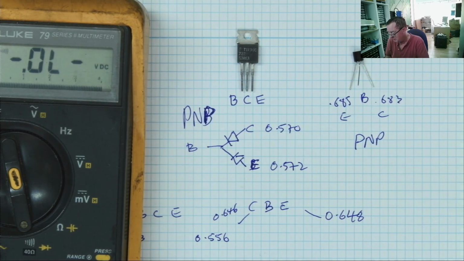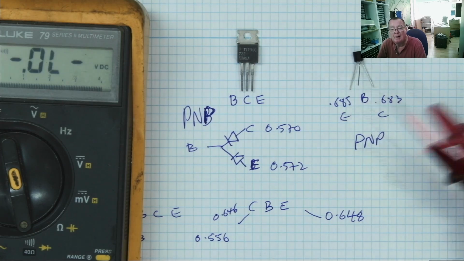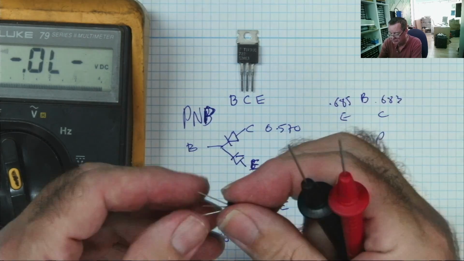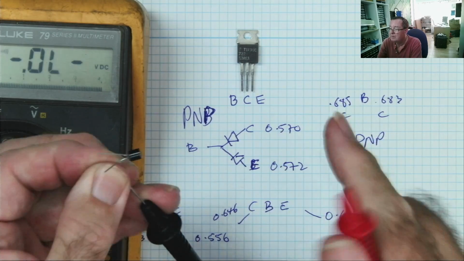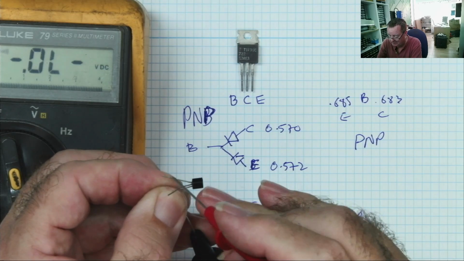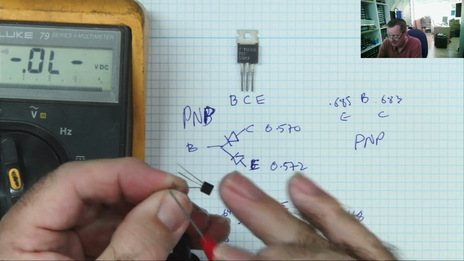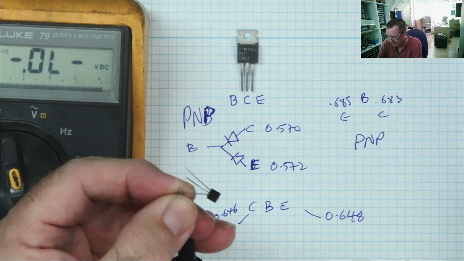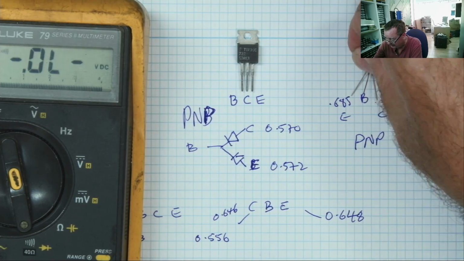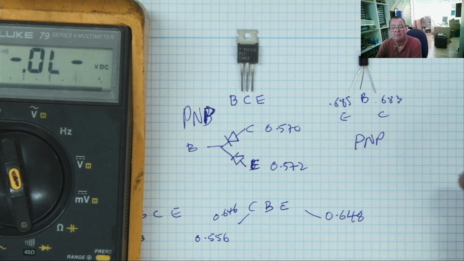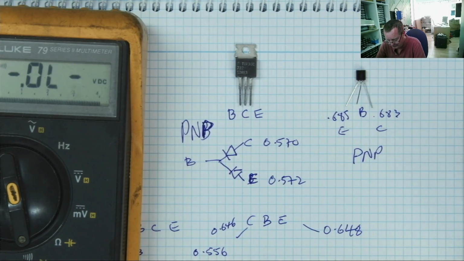If that's true, then between the two outer ones I should find no conduction in either direction. Okay, so we go from here to here, nothing, of here to here, nothing. So we've identified that one, PNP. We know the collector, emitter and base terminals from the voltage. We'll have a look at some surface mount transistors in a moment, but let's have a look at some through-hole